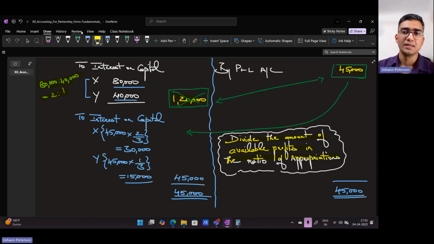So we'll stop here. As we have seen a couple of questions by now, where we saw how much we calculate as interest on the loan which the firm gives the partner. We saw questions on the rent paid to a partner, and we also saw questions on ratio of appropriations. We saw questions even on what happens when there is a loss in the partnership firm. So I'd encourage you to carry on your work, look for more questions, solve more questions which are there in the book,